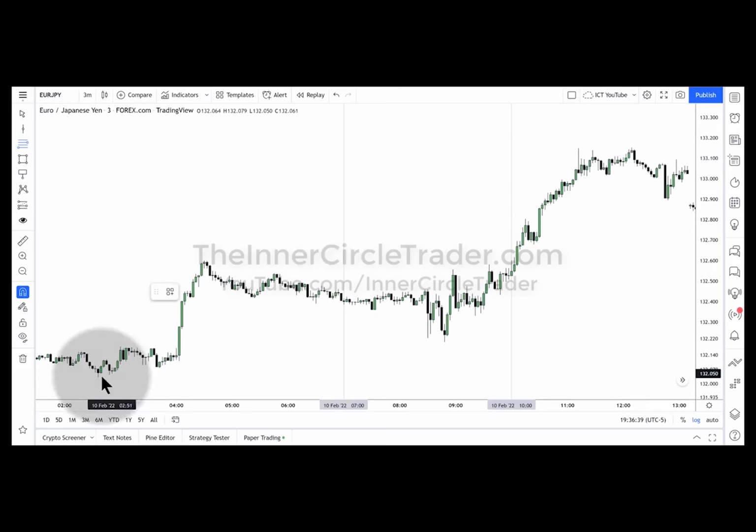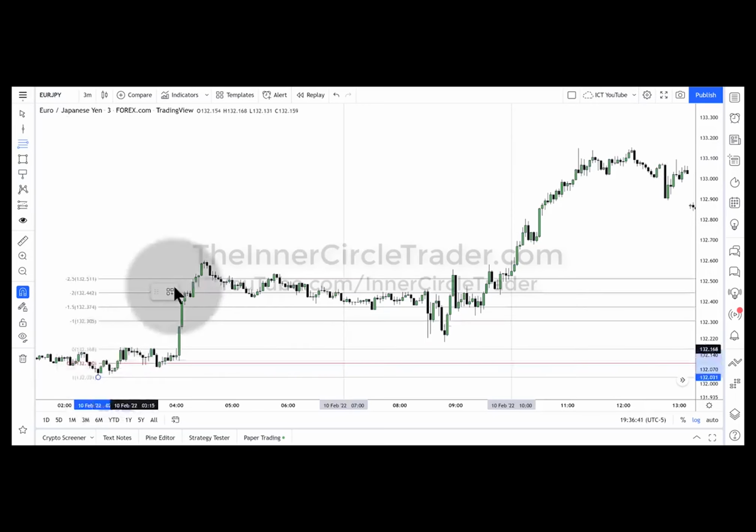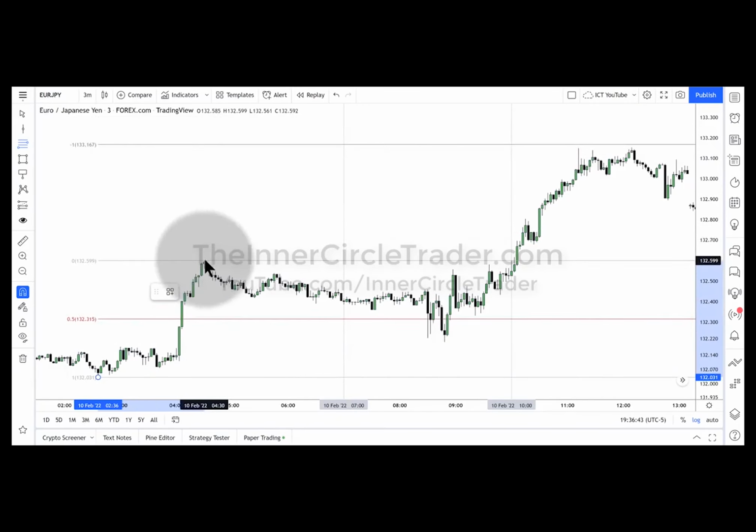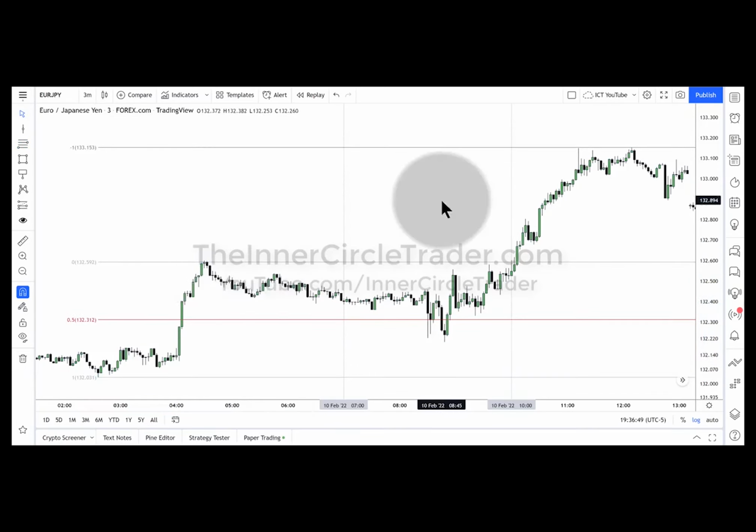Well, I like to take a fib. Anchor it. Don't let go of mine. And anchor it to a previous swing. Okay, so from this low to this high, after we leave this consolidation and start to trade higher,